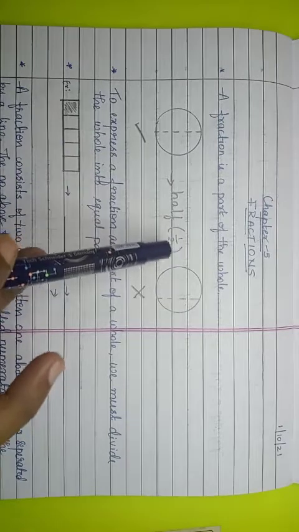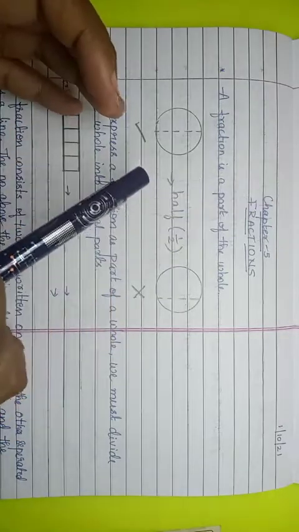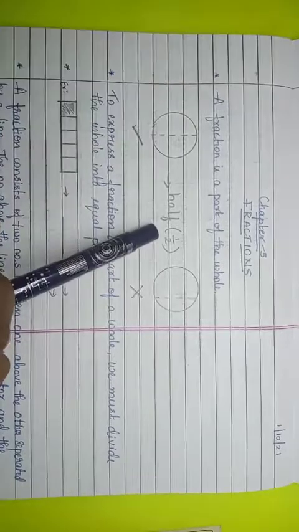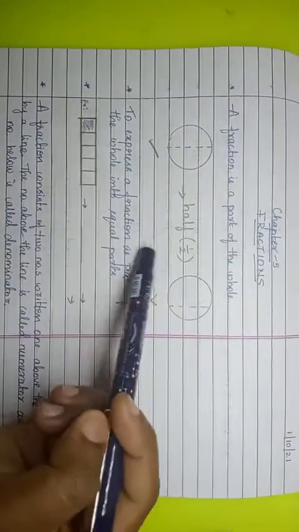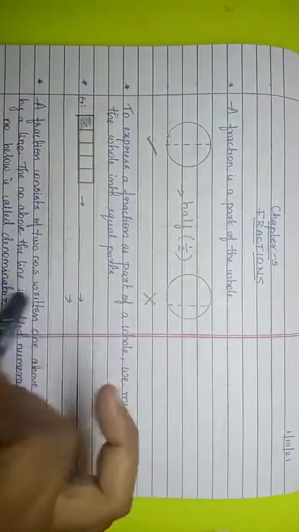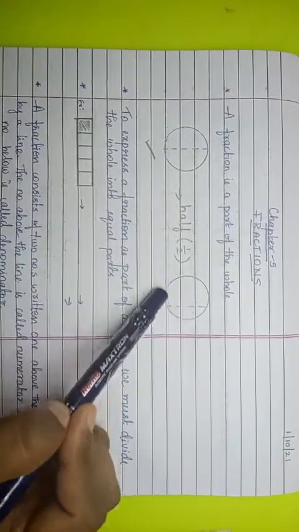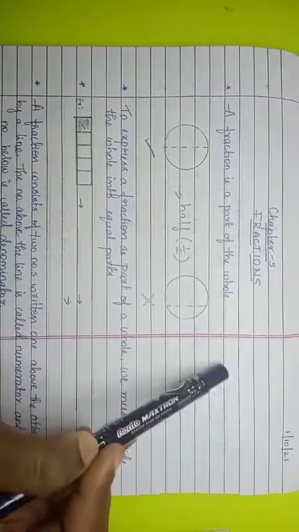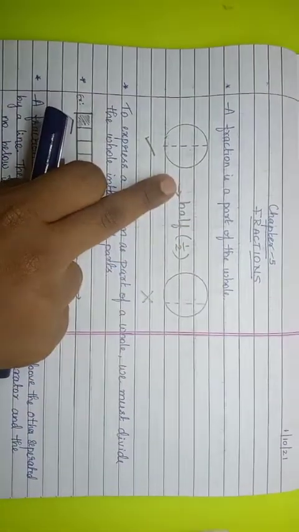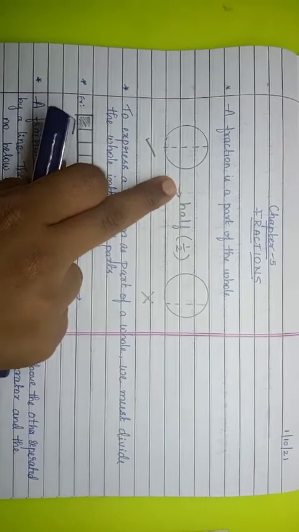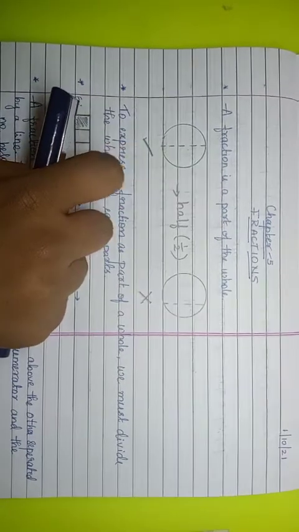See, if I cut one whole thing into two equal parts, it is called half, right? So half is denoted in number form as 1 by 2. I'll teach you how to write fraction forms of different numbers. But if I give you one cake and you cut it with a small part for one person and a big part for another, it is unequal. That is a wrong method, so the fraction won't be formed. Only when any shape is equally divided is it called a fraction.